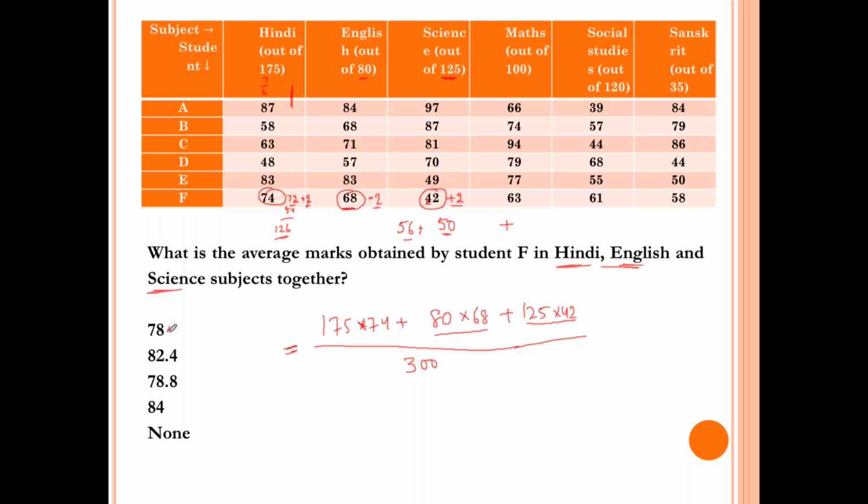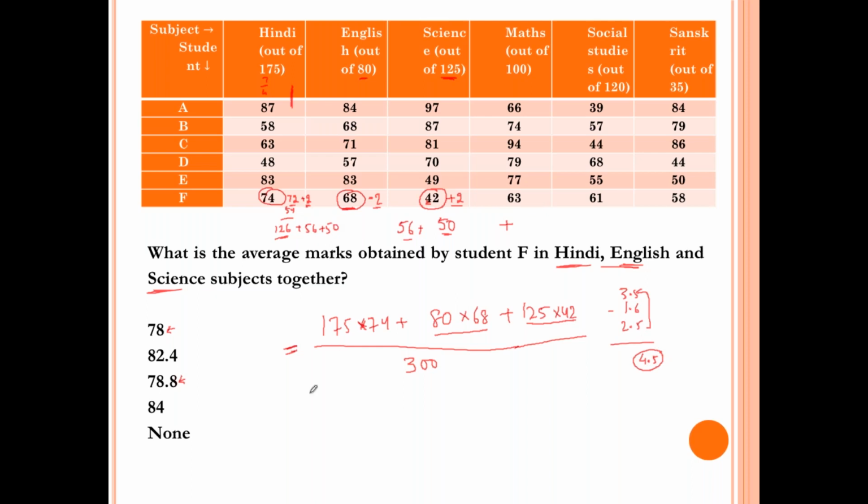But as we have two options very close, we cannot be very sure about our answer. So we have to calculate 2% of this. How much is this? This is your 3.5, and then subtract 2% of this, which is 1.6, and 2% of 125, which is 2.5. So this is your 6 minus 1.6, which is approximately 4.5, which you need to add later, and this will be 126 plus 56 plus 50.